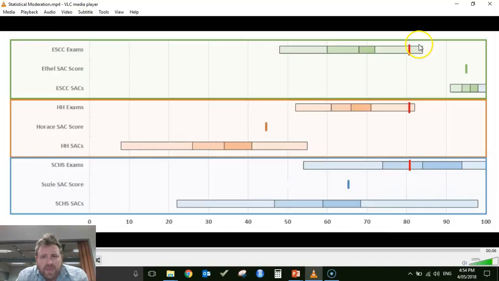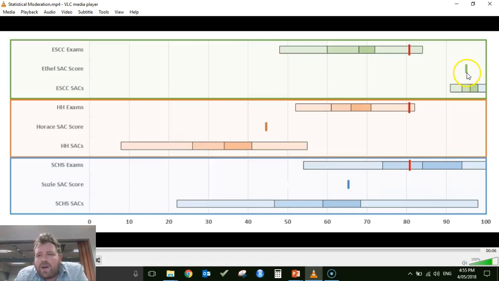So here we go. Here's their exam mark. This is Ethel here, and this is Horace, and this is Susie down here, and they've all got 81 on the exam, we said before. So there's no difference in how they've personally performed on the exams, but their cohorts have performed very differently. Easy Street and Hard Mark High have actually performed pretty similarly. They have medians that are one at 65-ish, one at 68-ish. But the Suzanne Corey High School cohort has done much better. We were up at like 83% as our median for this subject. We're saying it's English or whatever it might be.